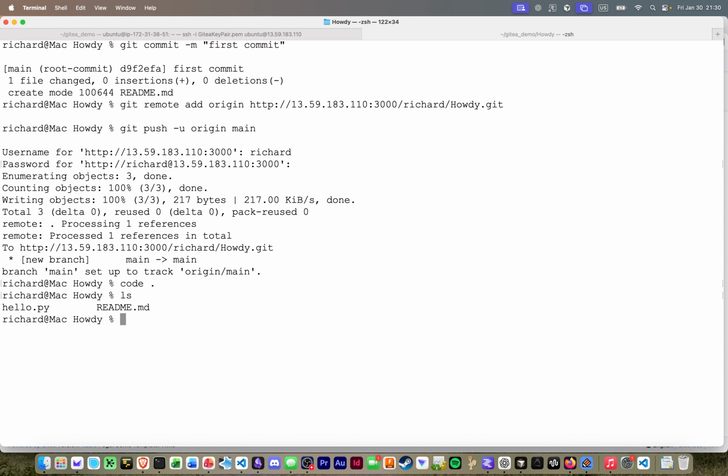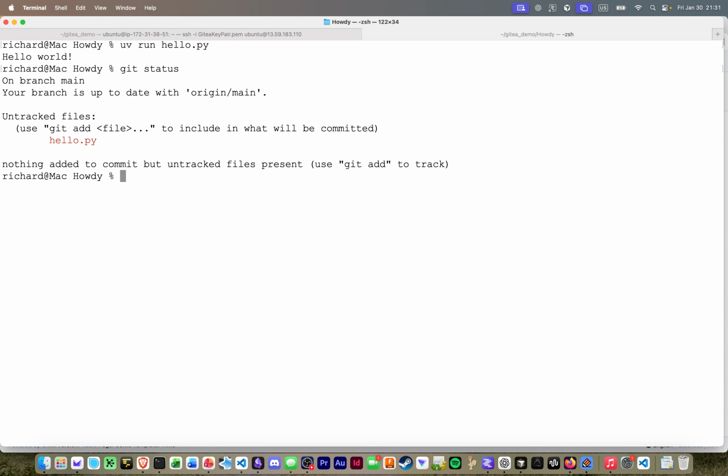I use UV as my Python package manager. It's worth looking into. It does things a little differently. So if you want to run a script, you type uv run hello.py, and unsurprisingly, we get hello world. If I type git status, we can see that I have an untracked file because I just created it. So if I do git add hello.py and I git commit, I'm using the -m to add a message, adding hello.py to repo,